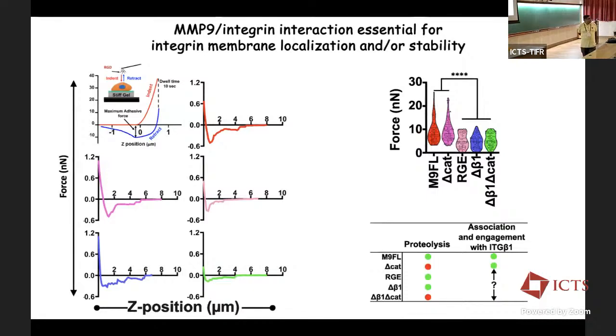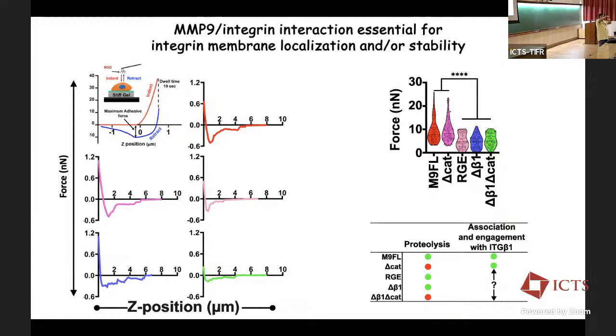How can we understand the difference between the RG and the delta beta 1 results? What we hypothesized was one possibility that the RGD to RG mutation is somehow impacting integrin stability at the cell membrane, which we functionally assessed using an AFM experimental setup,